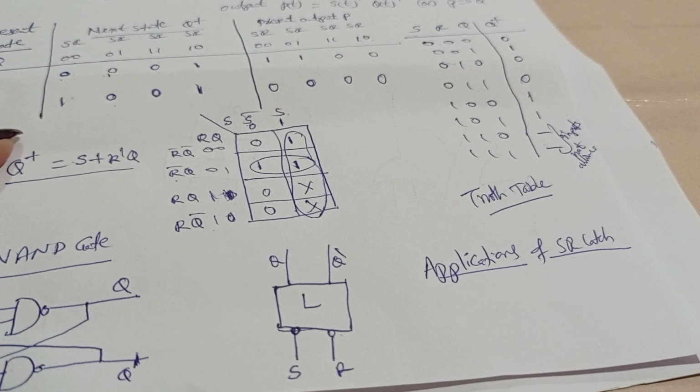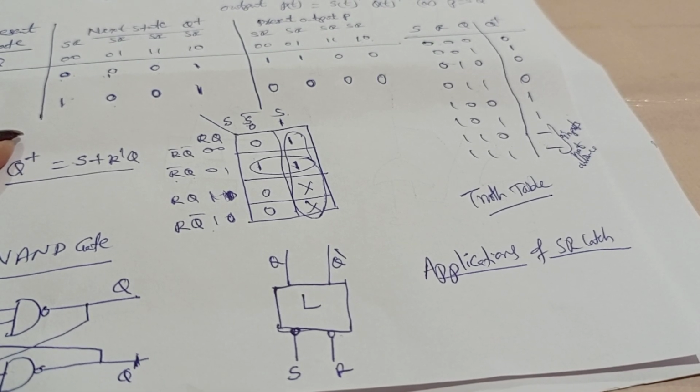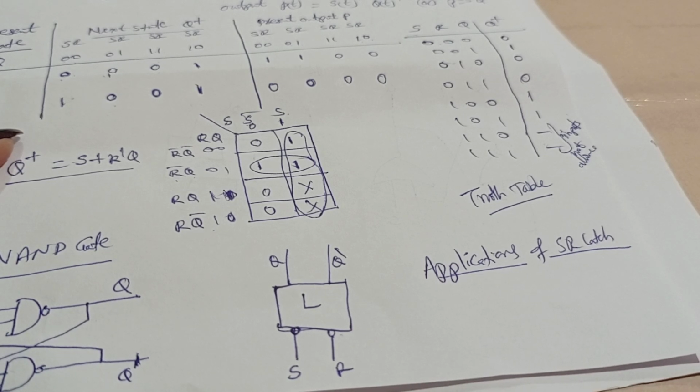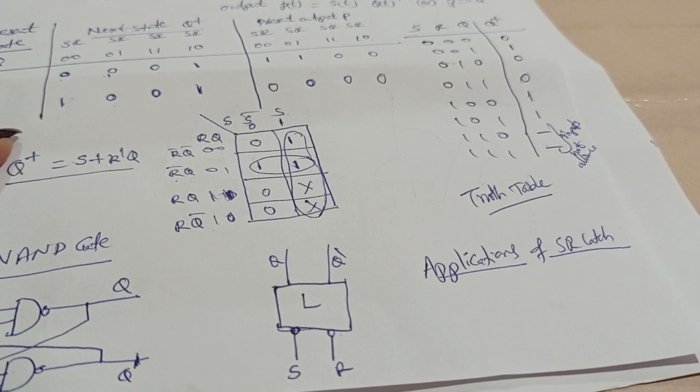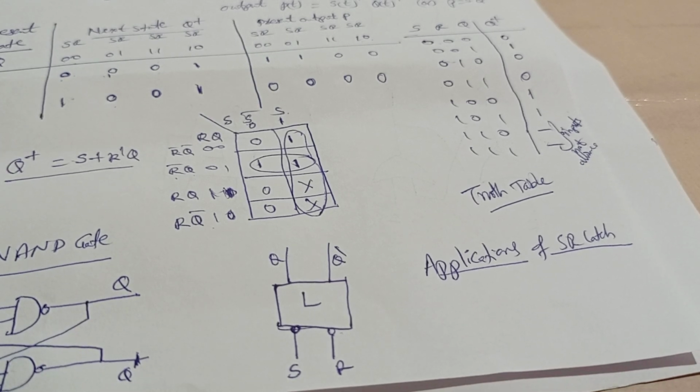What are all the applications of the SR latch? It is often used as a component in more complex latches and flip-flops and in asynchronous systems. Another useful application of the SR latch is for debouncing switches. That is, when a mechanical switch is opened and closed, the switch contacts tend to vibrate or bounce open and close several times before settling down to their final position. These are a few applications.